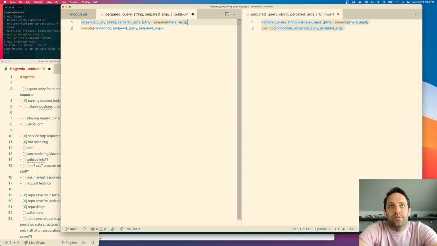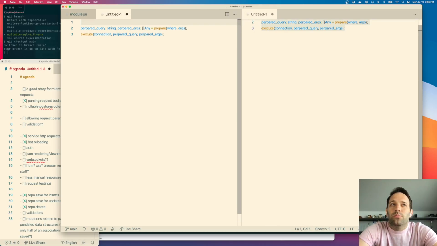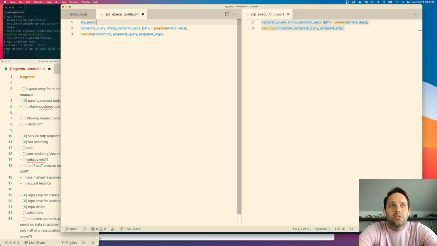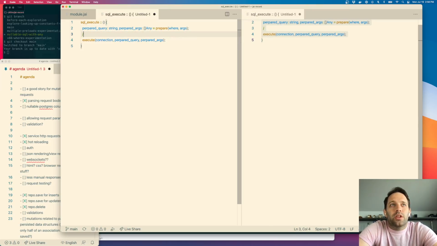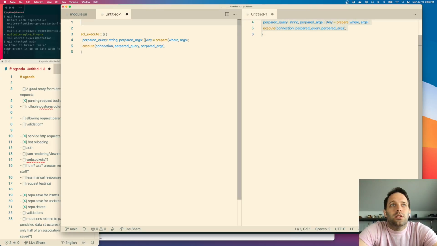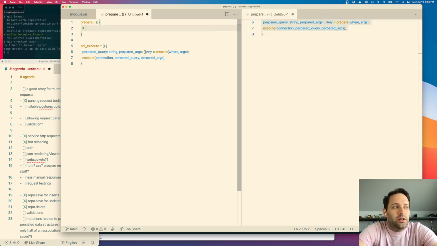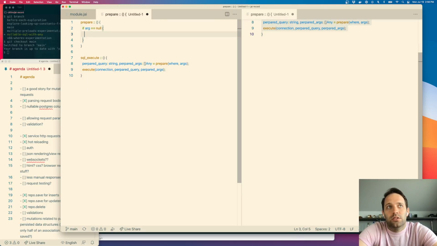I would do it like this, yeah. So this is roughly what I was up to. And this is happening in some SQL execute context, which took some args, but who cares exactly how we got them. And notably, inside of prepare, we're doing something like if arg equals null, prepared args